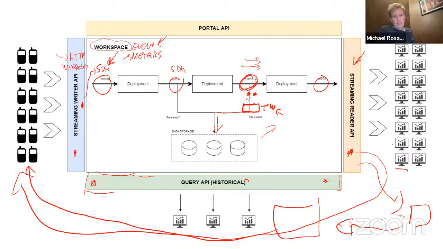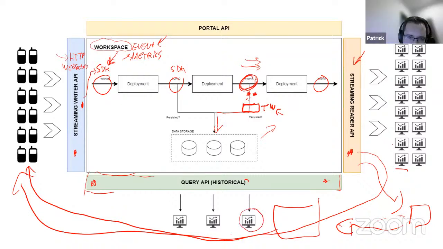Cool. And then we have a query API, and so you can access the data in this storage that's been put there through the Telemetry Writer. And essentially, what does that let you do, this query API? It lets you just query historical data.